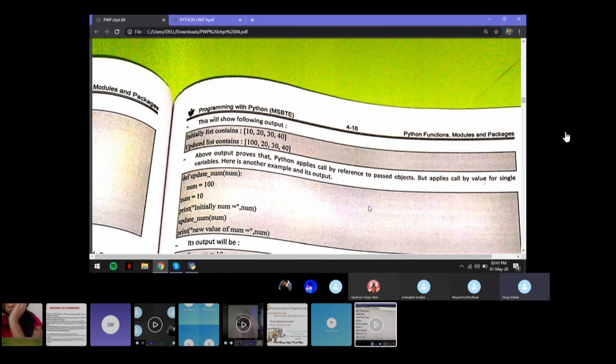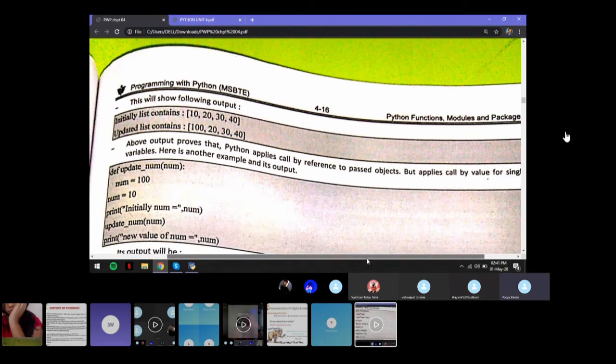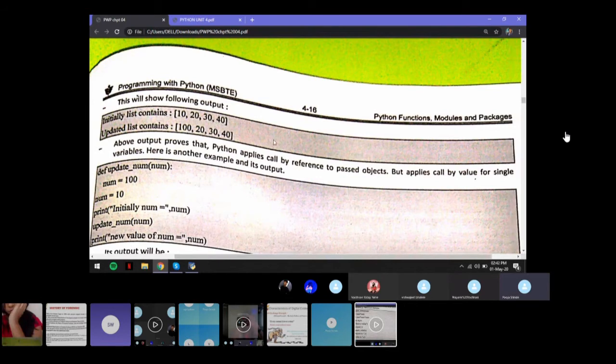So if you can read the statement over here: Python applies call by reference to the passed objects. So that means we had a list and it applied call by reference, because when you apply call by reference to any kind of variable, it actually makes changes in the memory location where it was saved.